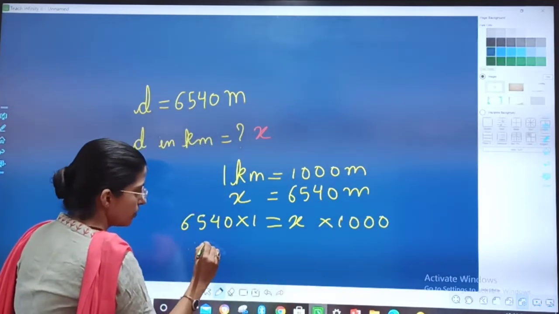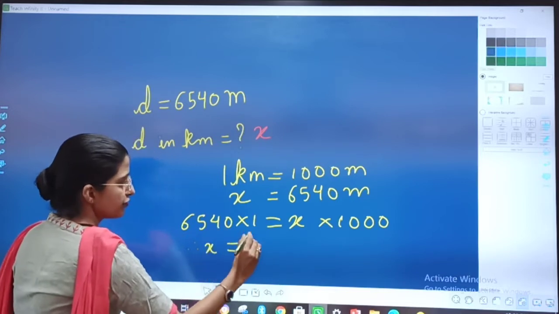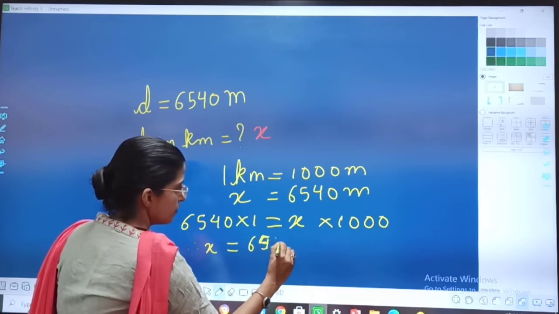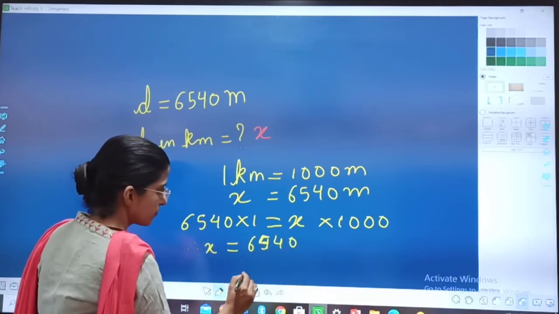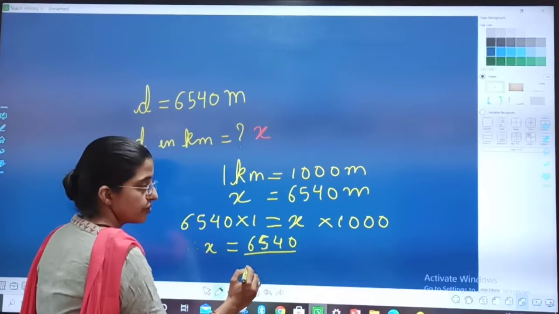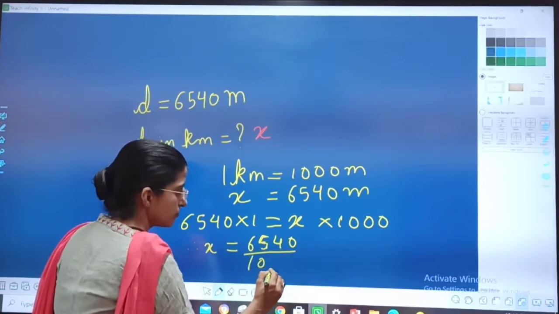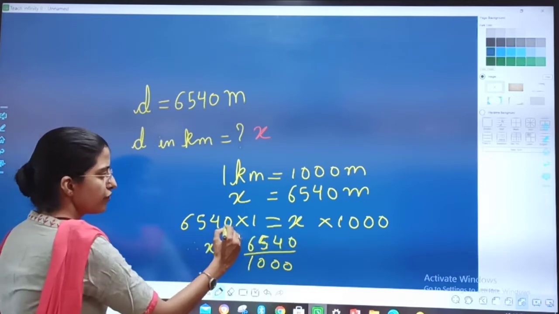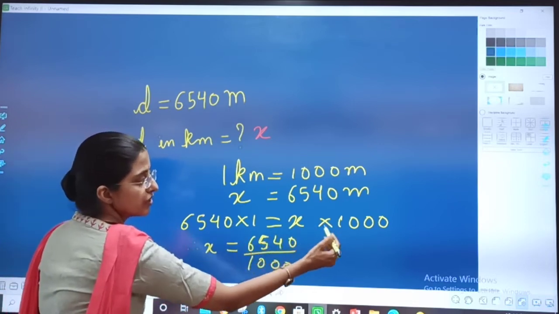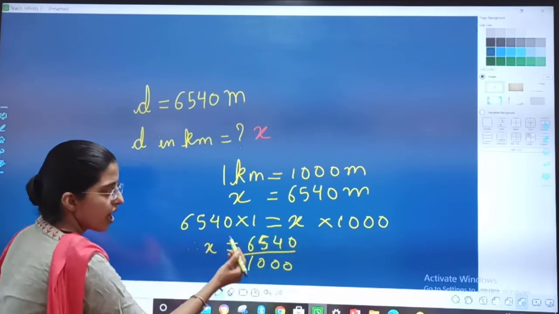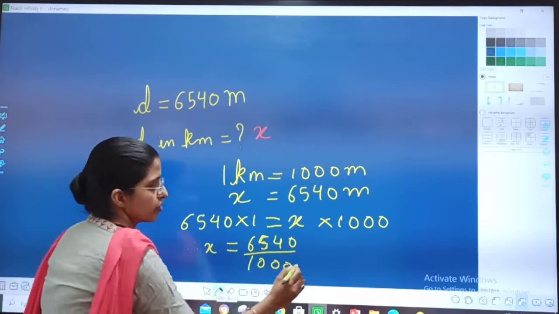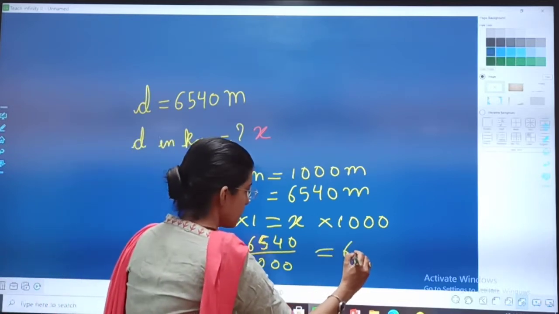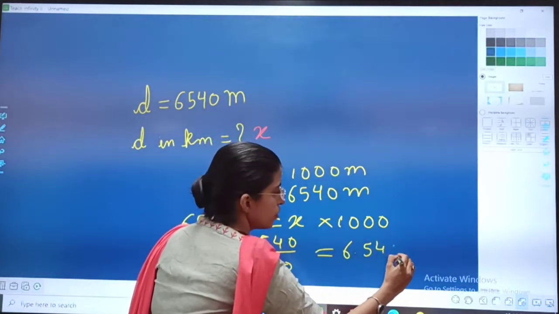So, x will be equal to 6540 divided by 1000. Okay, x is here. 6540 into 1 is 6540; since 1000 was multiplied, if 1000 comes over here, it will go in divide. So now 6540 divided by 1000 is 6.540